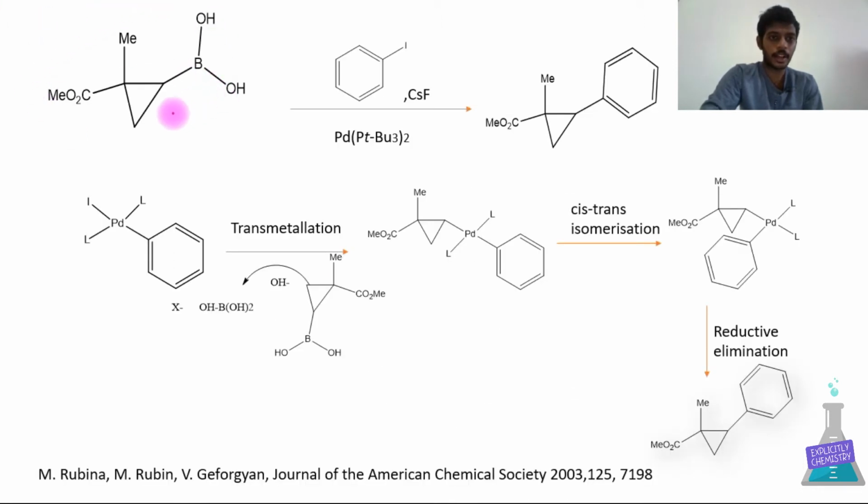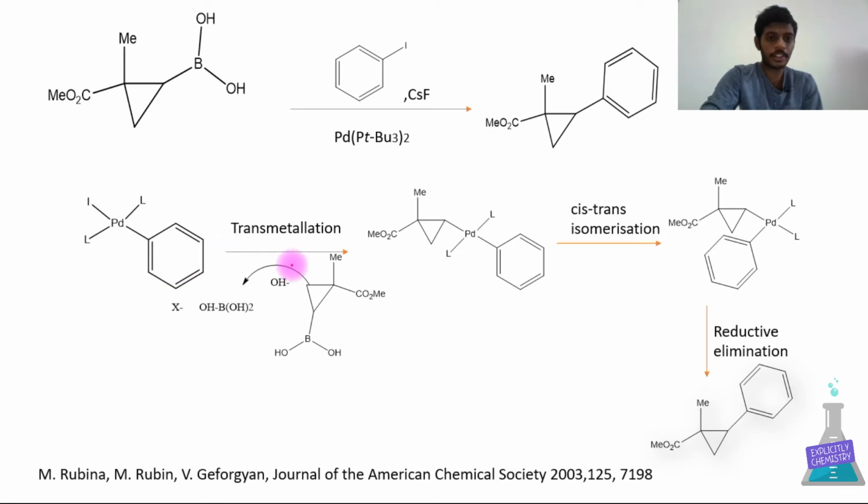This is an organohalide and this is a boronic acid complex. We are reacting with palladium 0 complex in the presence of base. This product is obtained. This example is taken from the JACS paper. First, the oxidative addition happens. In the oxidative addition, the palladium is added in a trans position, the ligands are there, and the leaving group is added here and the organo group is added here, which is trans.